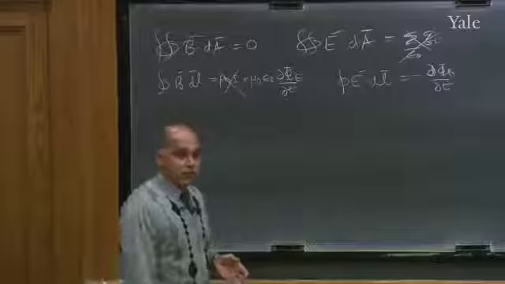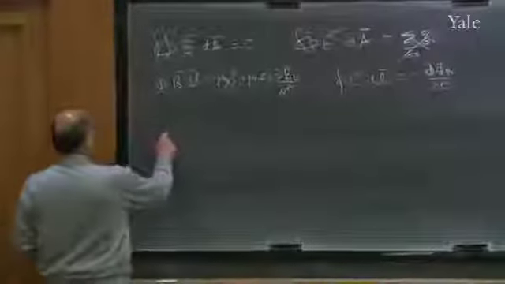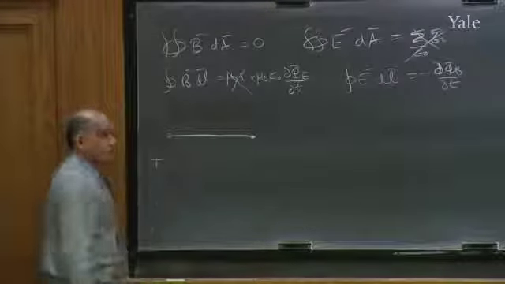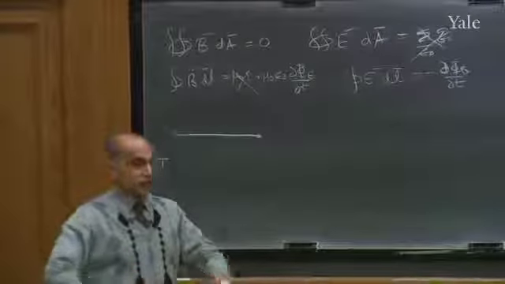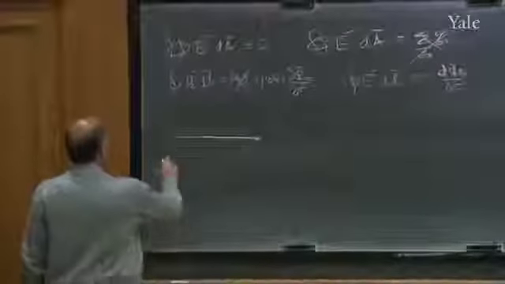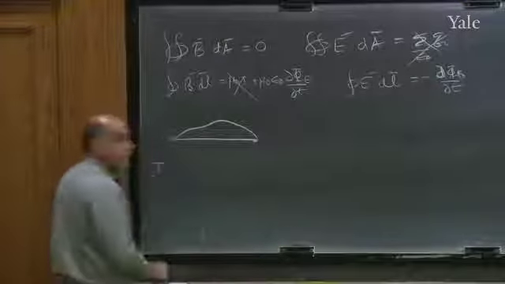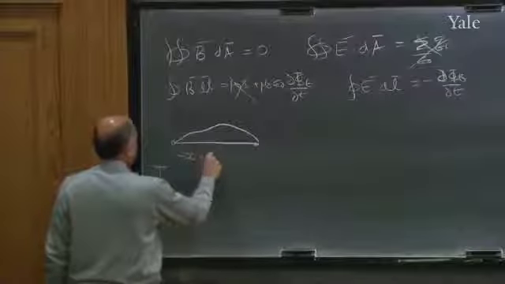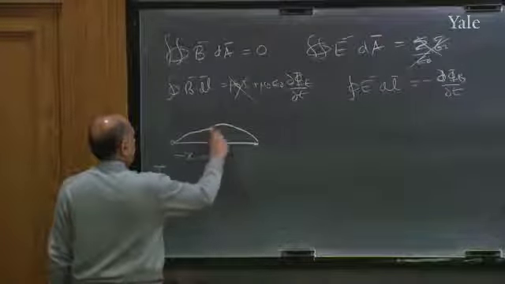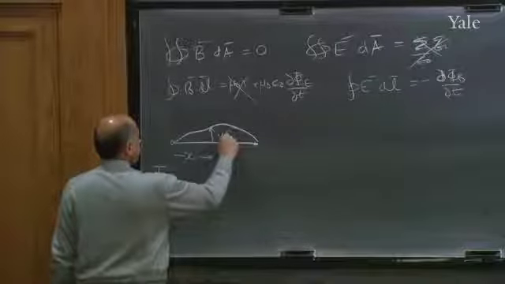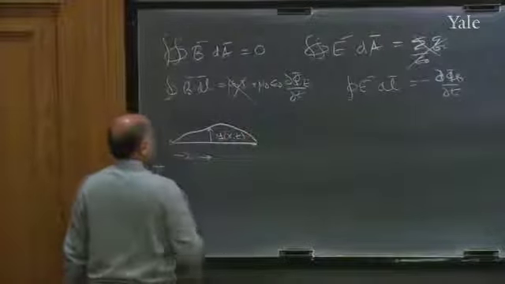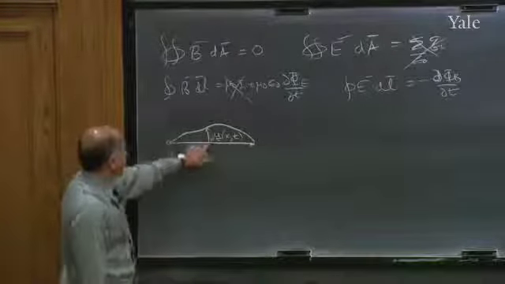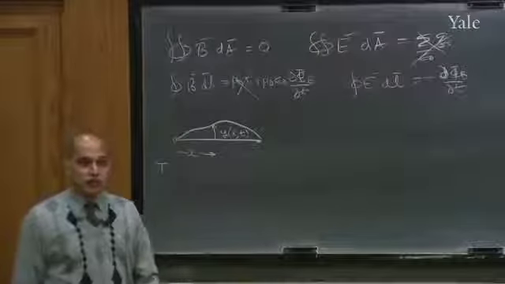People have seen them before. Here's the simplest example. You take a string, you tie it between two fixed points, and it has a tension T. Tension is the force with which the two ends are being pulled. Then you distort it in some form, and you release it, and you see what happens. Now let's measure x as the distance from the left end, and y as the height at that x at that time t. The wave equation tells you an equation governing the behavior of y. Tells you how y varies.